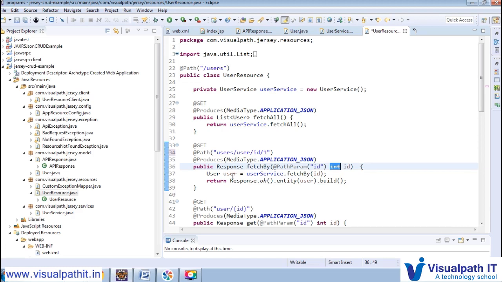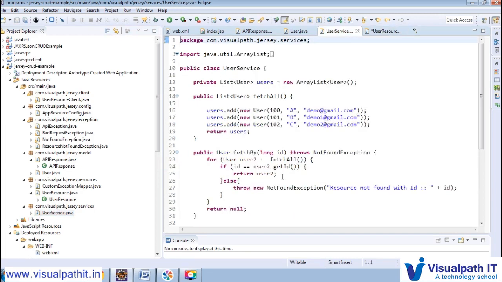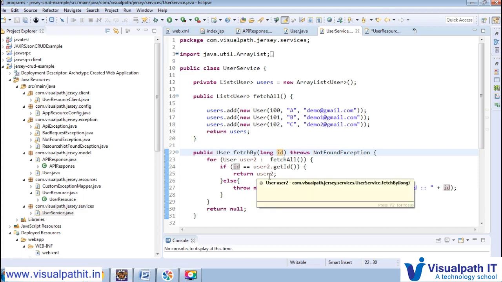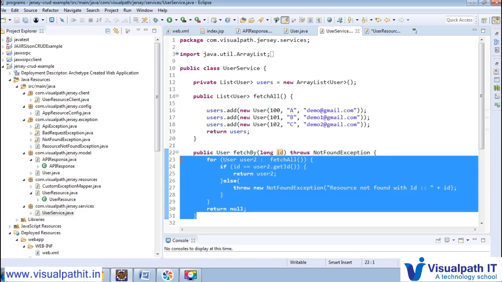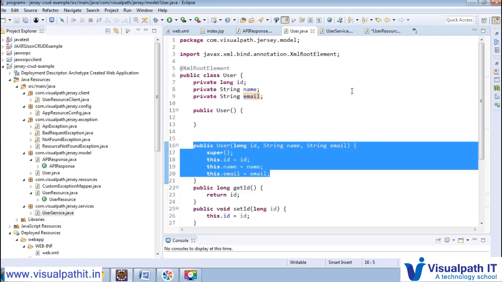So we call the fetchById method that I added in the service, and here we call fetchById with the ID, go through that ID, and return that user if we find it. If not found, then we return null. So this operation we do like that. Once we deploy this application in Tomcat, we can access it either directly through the browser or Postman, and